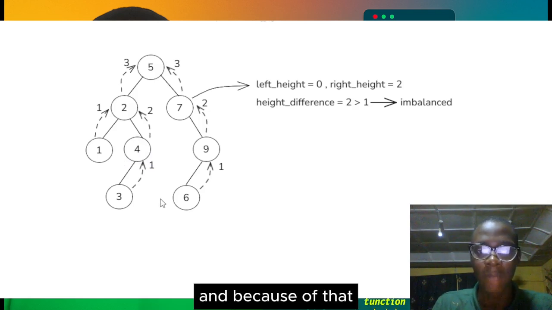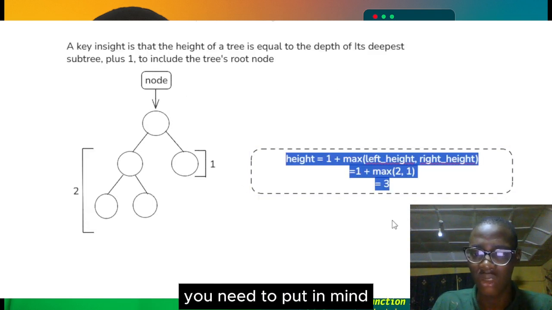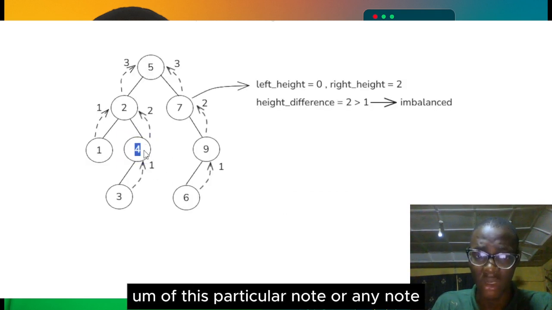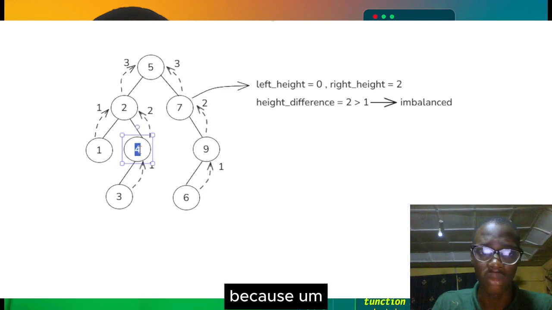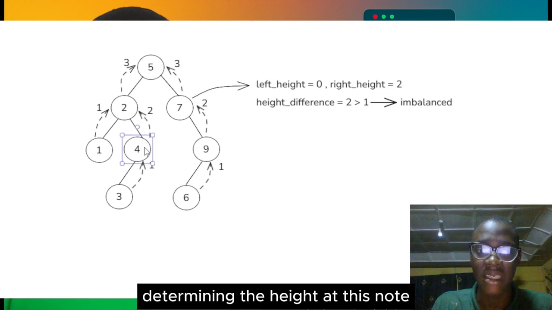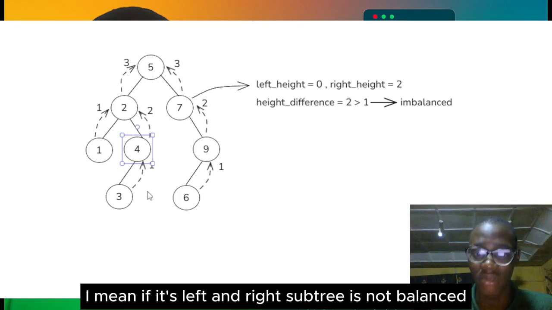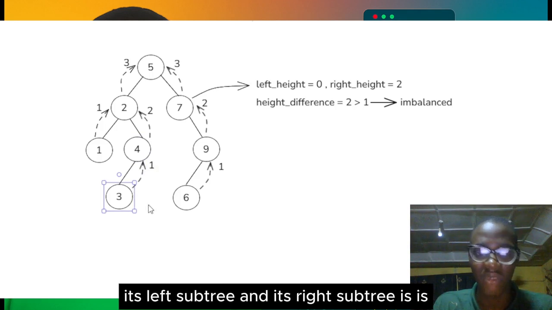And because of that, before we evaluate the height, one thing you need to keep in mind is that before we evaluate the height of this particular node or any node, we first of all need to check if it is balanced at that point, right? Because there is no essence in determining the height at this node if its left and right subtree is not balanced. So first of all, we want to check if the difference between its left subtree and its right subtree